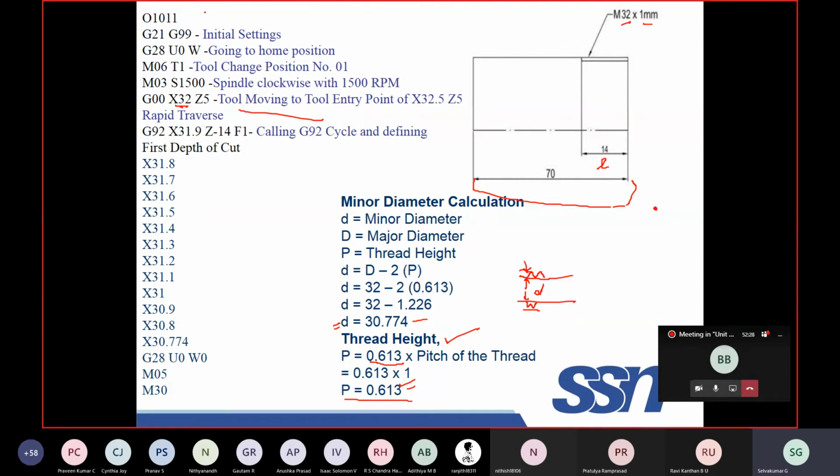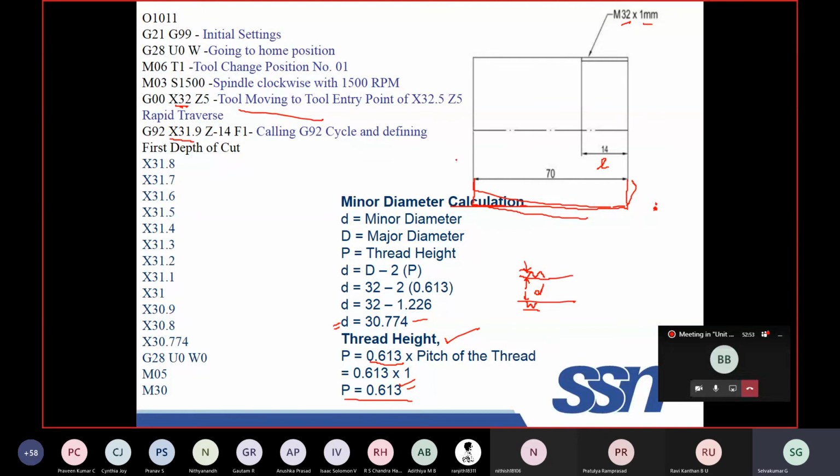Now G92 X31.9 means what happened? It is moving 0.1 mm. The diameter is reduced by 0.1 mm. The tool will move, this is a straight line actually. It is exactly here, moving a very little bit.